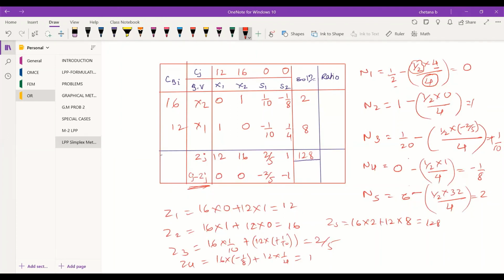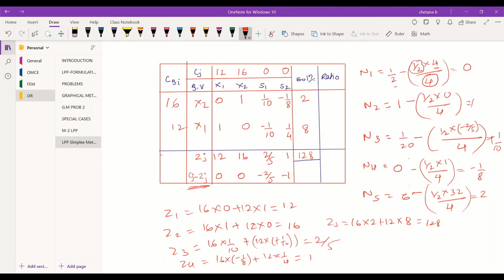Ma'am, Z3 will be 14 by 5. Yes, ma'am. 16 into 1 by 10 plus 12 into 1 by 10. 4 by 5, 6 by 5, so 14 by 5 comes. 4 by 5 plus 6 by 5, no?